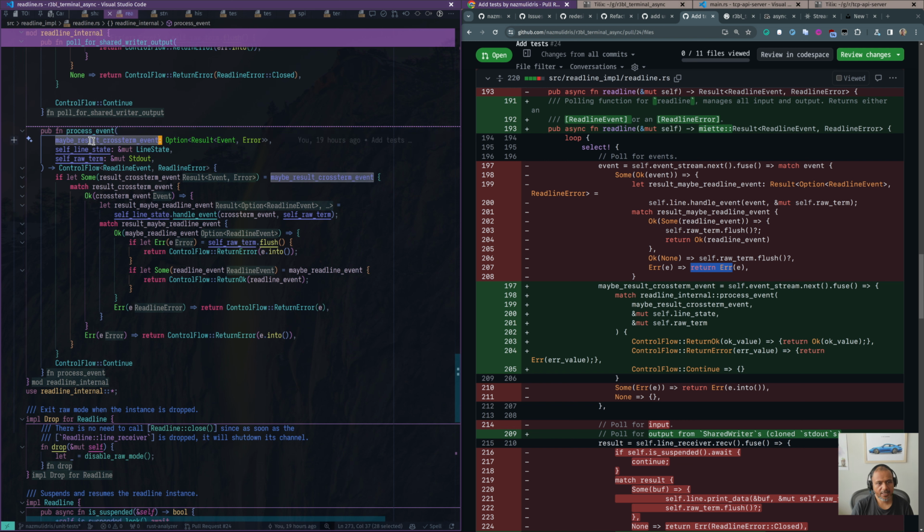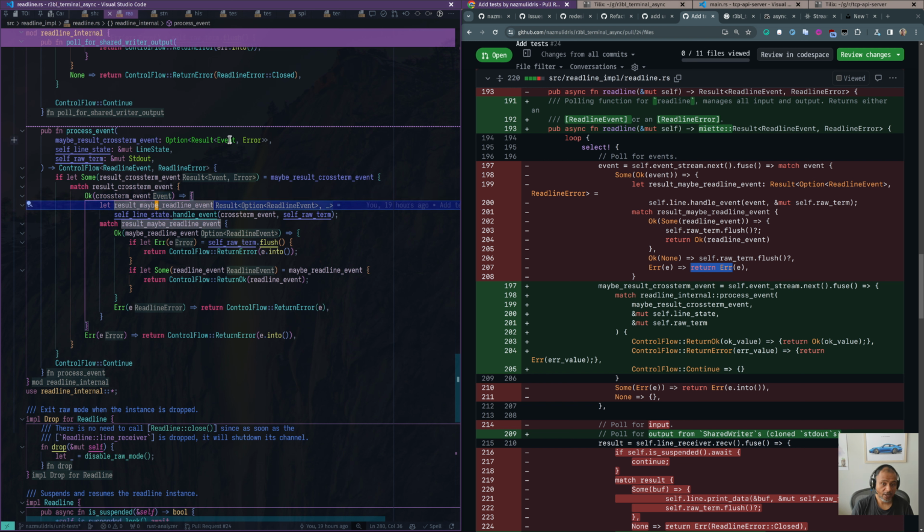So what it does is it takes a maybe, because there's an event which is wrapped in a result, which is wrapped in an option. When it gets wrapped in a result, you have to deal with the error type. Basically we're just trying to get to this event. Maybe is the option, result is the result, and crossterm event is this event. I left out the error. So here the logic gets the inner value if there is some,